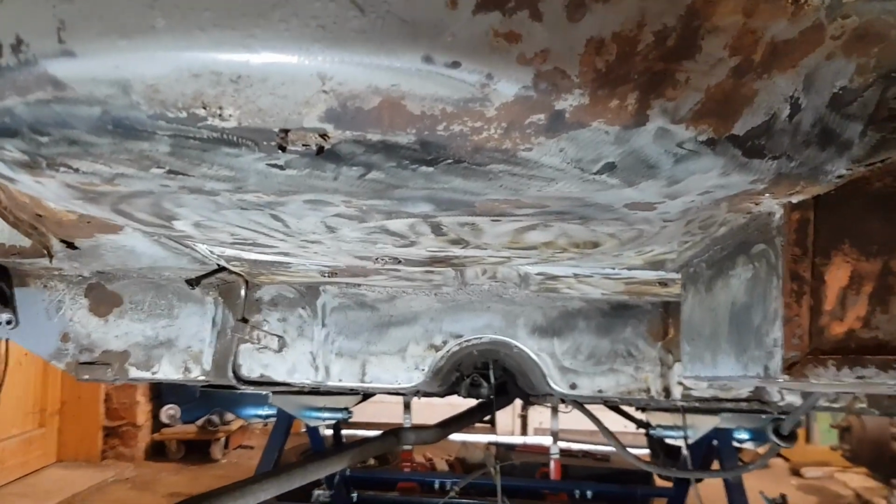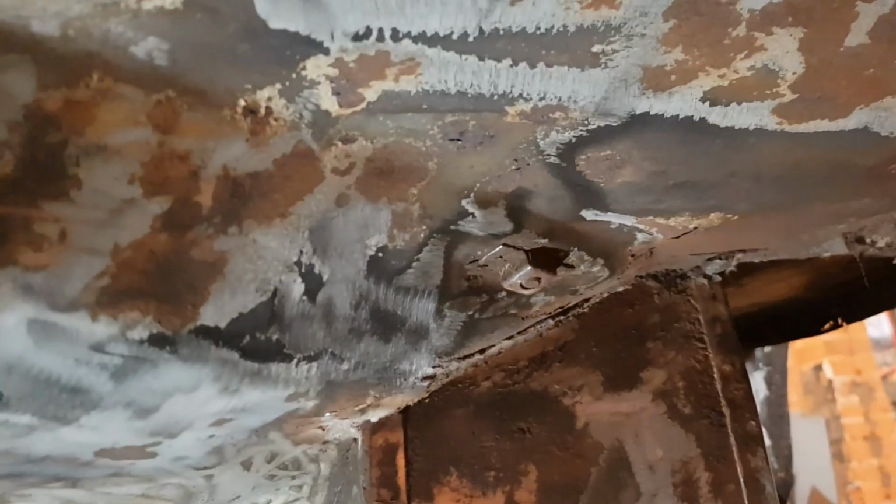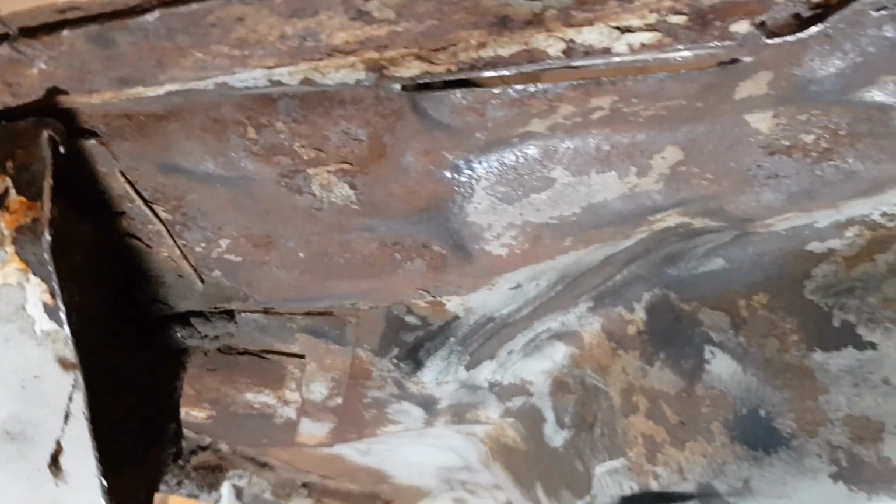I've just whizzed over that with the wire brush on the grinder, and yeah, no surprises. Looks all pretty solid, even that bit, which was all ripply. It's fine, so good news. Happy with that. Right, I think the last job I'll do in this video, the last bit of rust investigation,